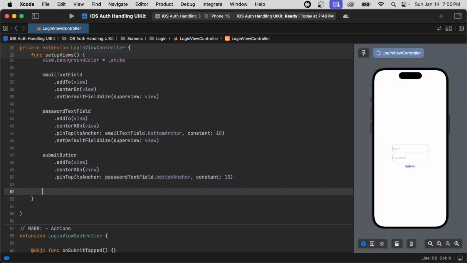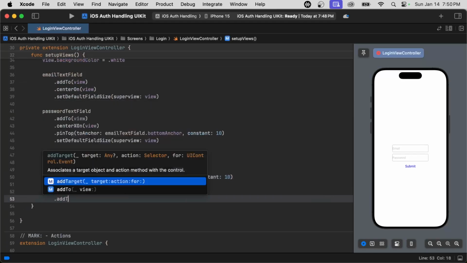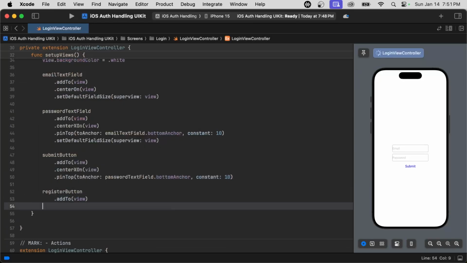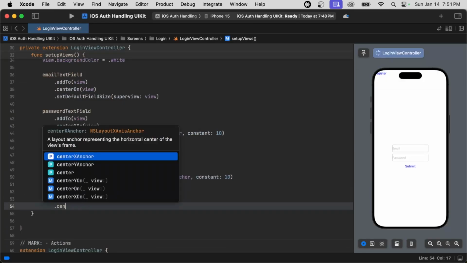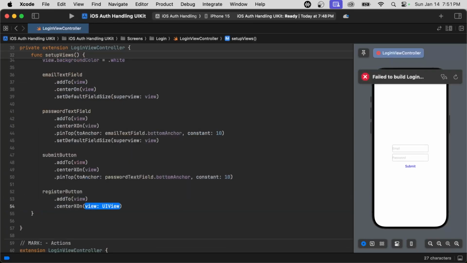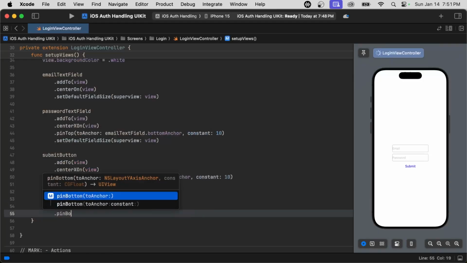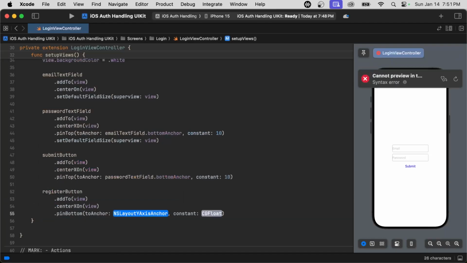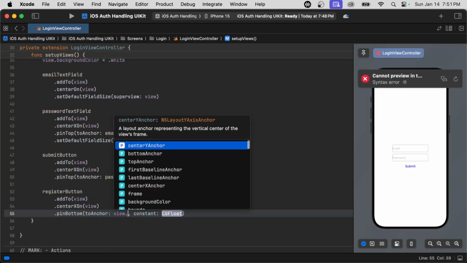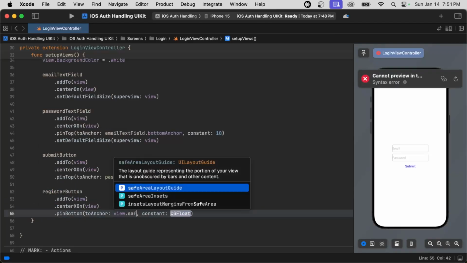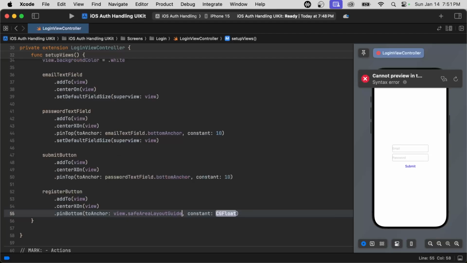Okay, now we need the registration button. Register button dot add to view dot center X on the view, and then pin bottom to anchor view dot. Now we're going to use safe area layout guide here dot bottom anchor. Now what this is